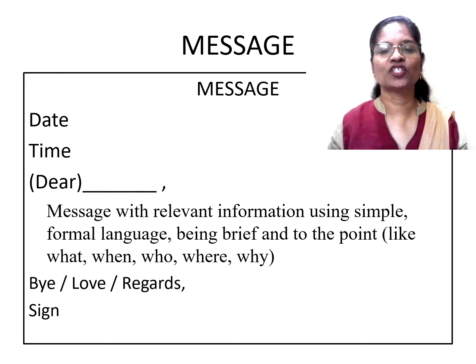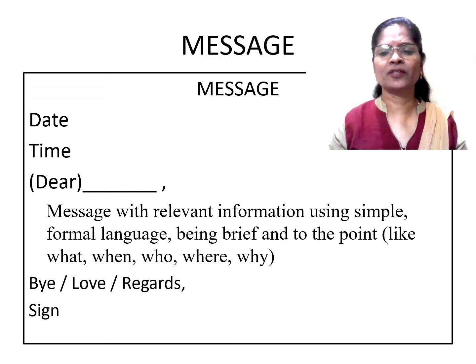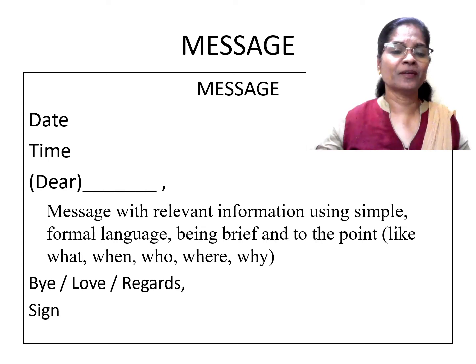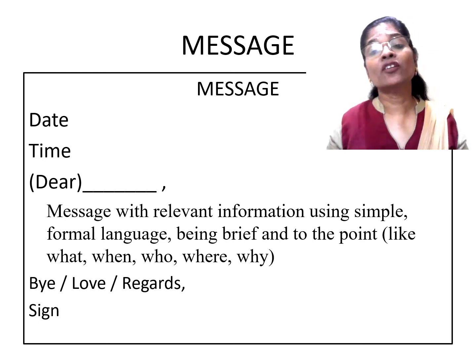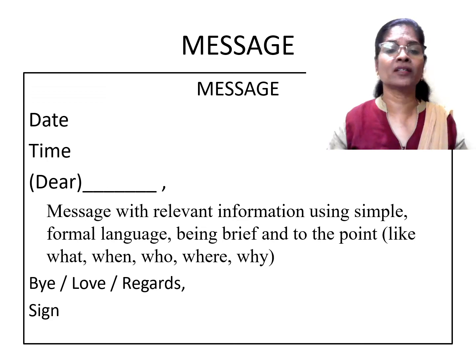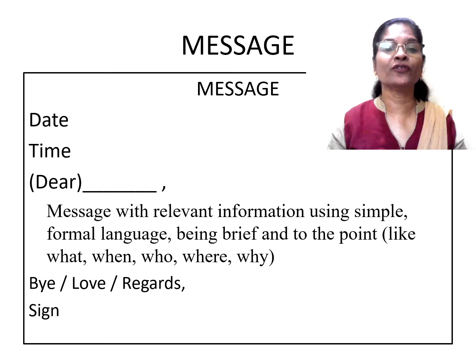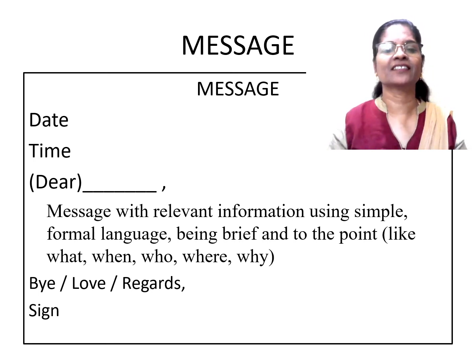Next is the message. The message is something we scribble out in any kind of an emergency to family members at home. Maybe when there is no other communication, we just take a sheet of paper, we just scribble something, leave it by the door, on the lock, or near the bed, or on the study table, or even in offices when messages quickly have to be passed on to a colleague or a subordinate easily. And this works very fast because all you need is just a piece of paper and pen. But what should you be writing in that?